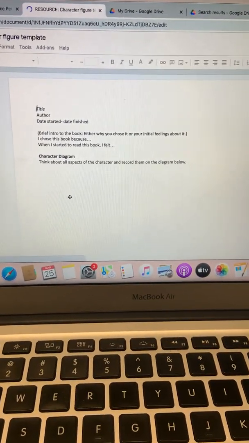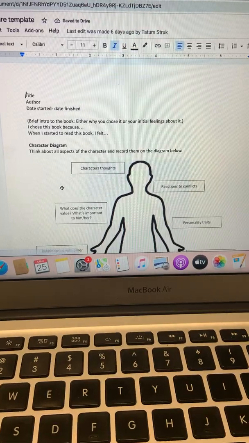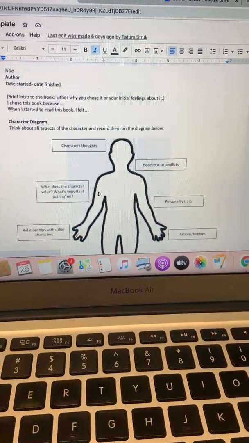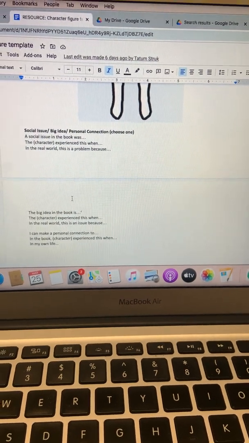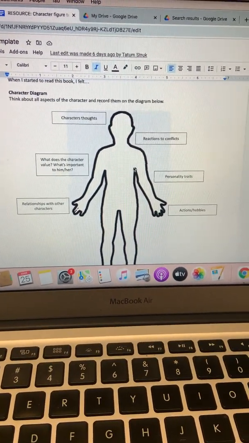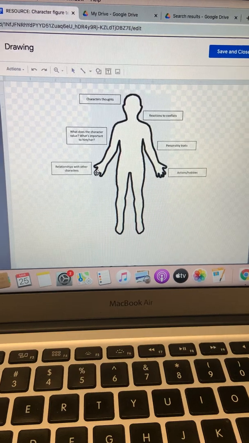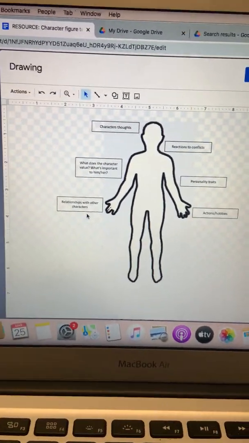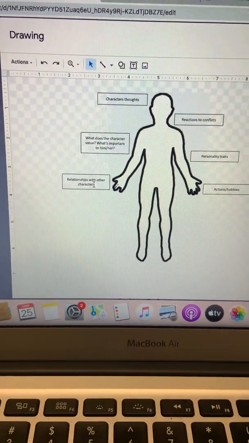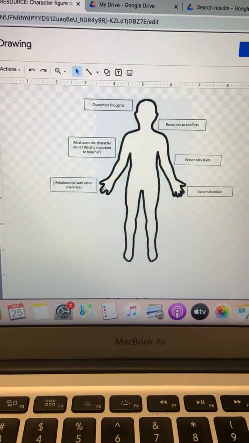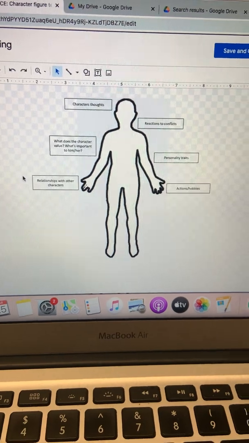You've got a character figure template. This is probably the one I would choose, and this is the model that I'm going to show you in just a few minutes. Same thing, you're going to do the brief intro to the book and talk about either a social issue, a big idea, or a personal connection. But this one, when you double click it in the boxes, you're really just focusing in on one character. So this box says relationships with other characters. You're just going to click in there, delete what's there, and just start typing about what type of relationships they